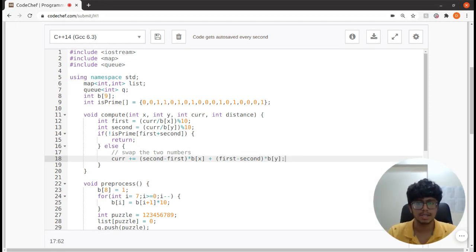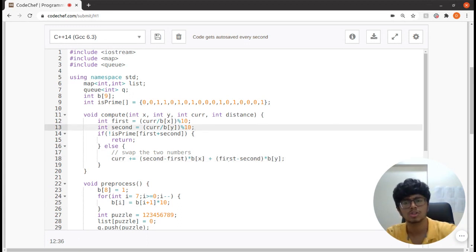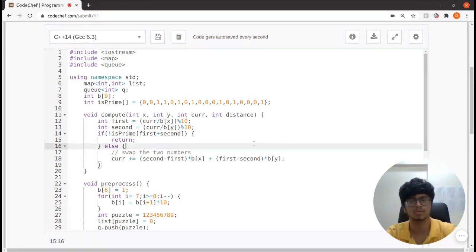And this essentially will swap the two numbers. Now you can just try it on your own. If you just analyze, you would see that this effectively swaps the two numbers. And again, this depends upon the tens power which we are using. So don't worry about this. This is the basic stuff which we already know.